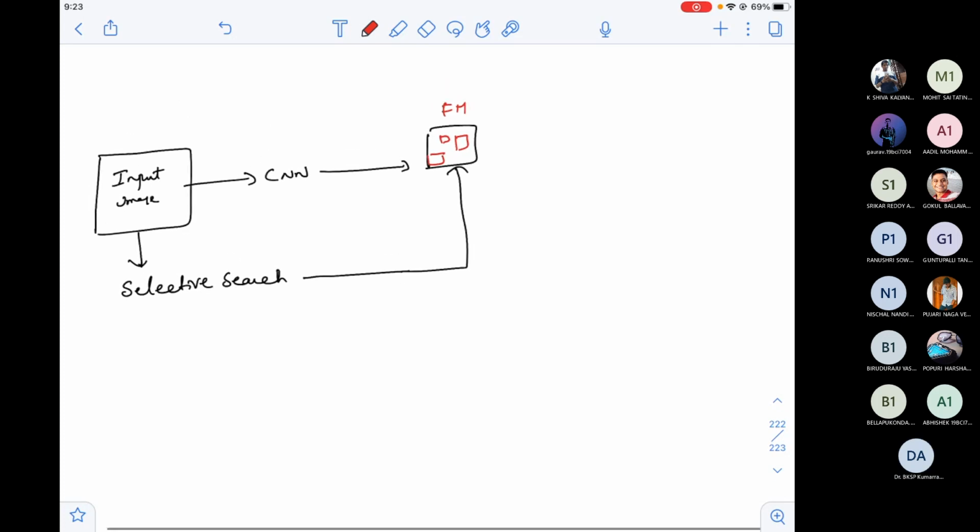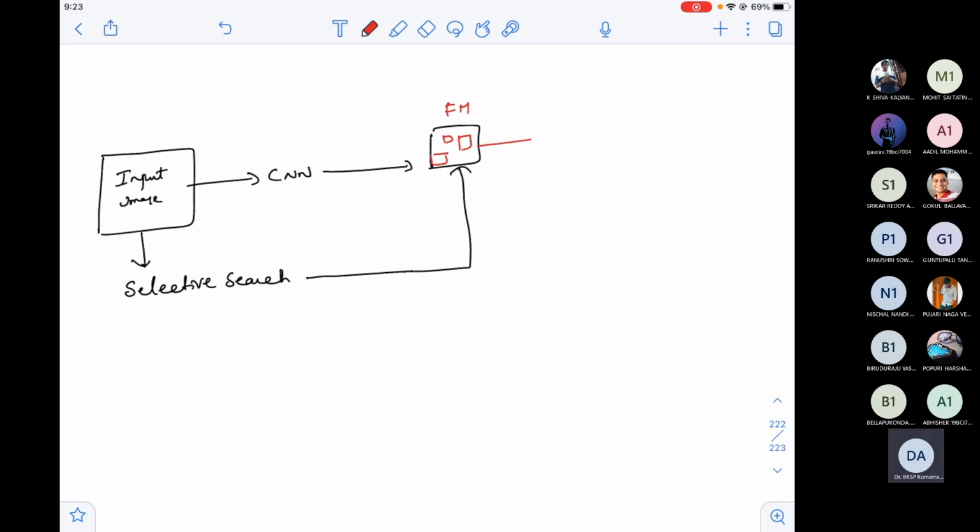Now I will extend this because it's not just proposing the boxes. Once I propose the boxes on the feature map, I have to take each box and classify whether there is some object or not. For the same box, I also need to adjust the coordinates.